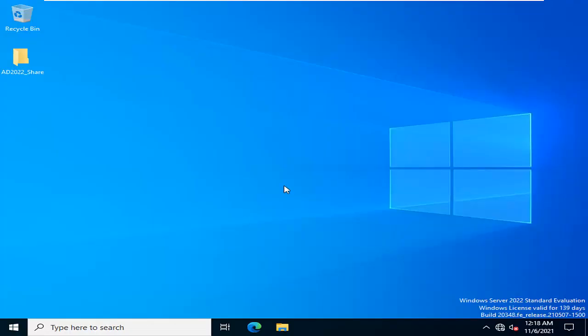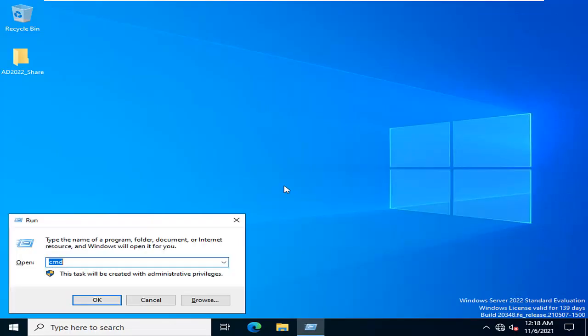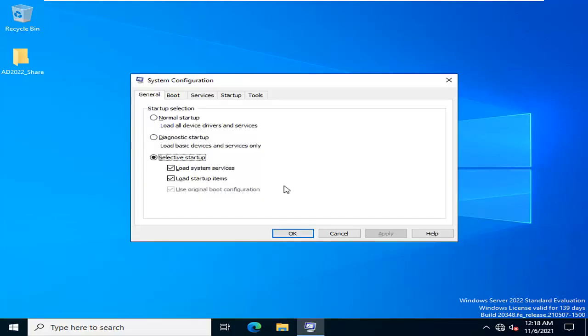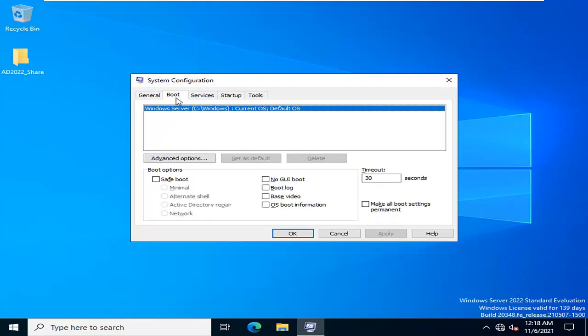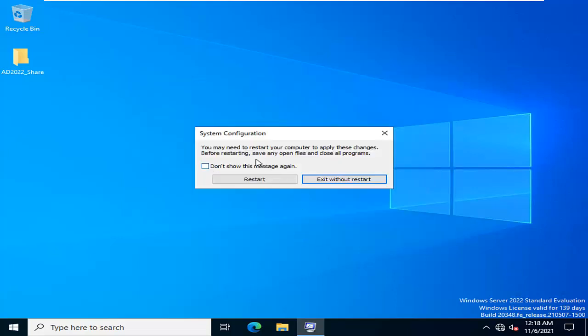Friends, you can open Run and type msconfig. Press enter. Here is the Boot option. Click on Boot and click on Boot option, Safe mode. After that you can click Active Directory repair mode. Click on OK. Here it shows you need to restart the computer to apply these changes.